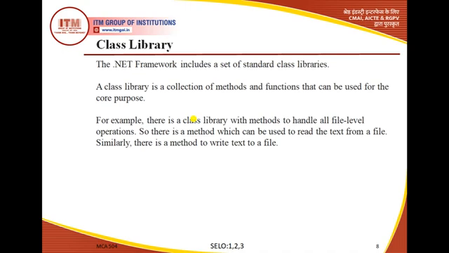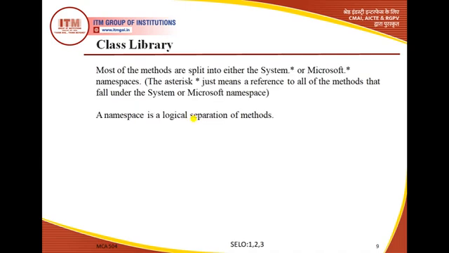So we can say that the .NET framework includes a set of standard class libraries, and these class libraries are a group or collection of methods and functions that can be used for a core purpose. Most of the methods are split into either the System.* or Microsoft.* namespaces. Generally, whenever we try to import some class library into our program, the general syntax which we follow in the .NET programs is